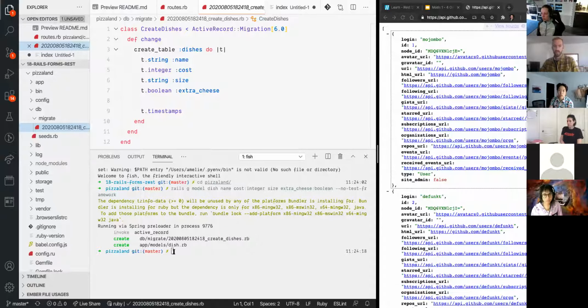Cool. So someone mentioned that we also need a controller. So let's create a controller and we'll call this dishes. By the way, actually, before we do this, I want to show you something cool. So if you go into your Rails console,